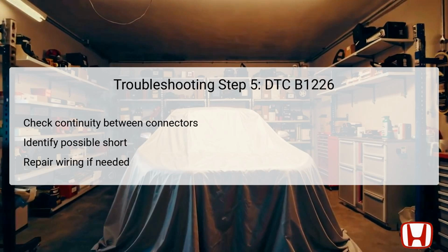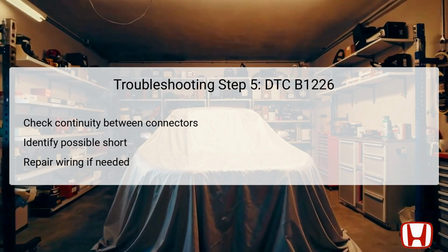In this step, the technician should assess whether there is continuity between terminal number 26 of connector A and terminal number 10 of connector B on the climate control unit. This continuity test is essential to indicate whether the wiring between the climate control unit and the in-car temperature sensor is intact. If continuity exists, it points to a potential short in the wire, which necessitates repairs to rectify the